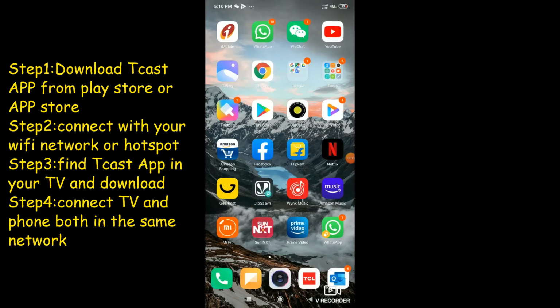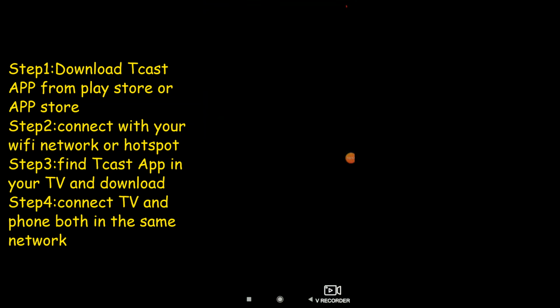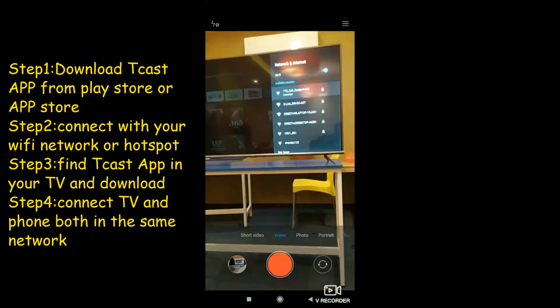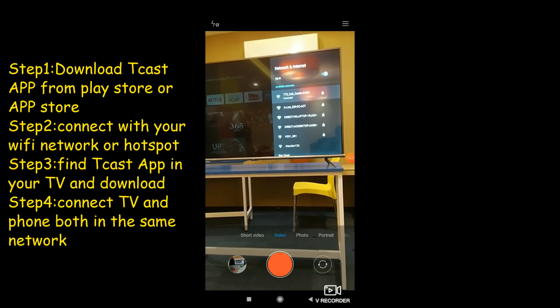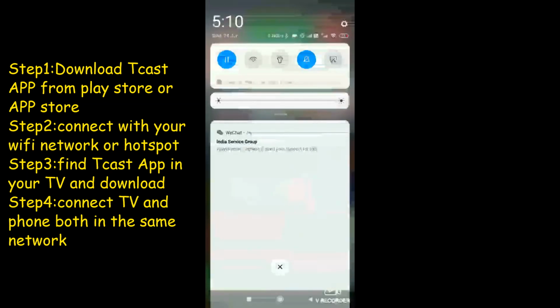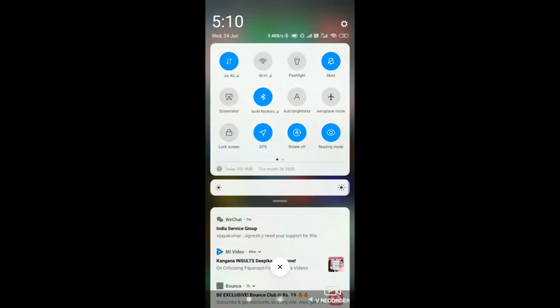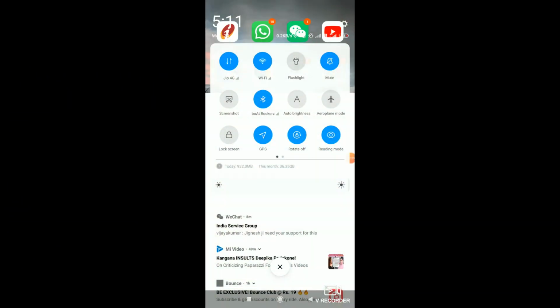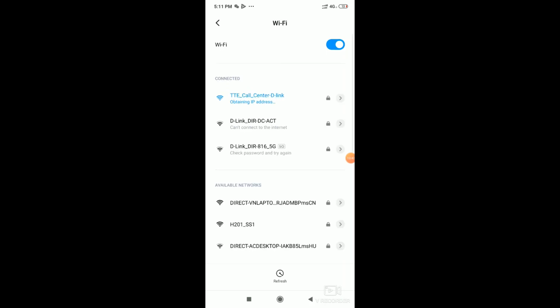You can check it here also. I connected the same network, TV and mobile. The mobile also will connect to the same network. Then only that communication will happen. See, the same network, both are on the same network.